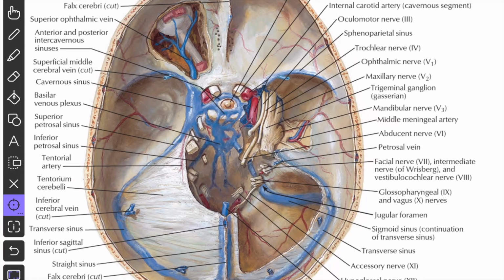The ophthalmic division of the trigeminal nerve enters by piercing the cavum trigeminale and the lateral wall of the sinus and leaves through the superior orbital fissure by dividing into lacrimal, frontal and nasociliary branches. The maxillary nerve, the entry is similar to the ophthalmic nerve, and it leaves the sinus by passing through the foramen rotundum.